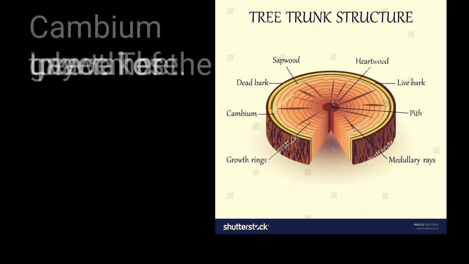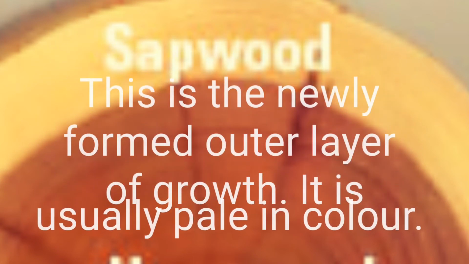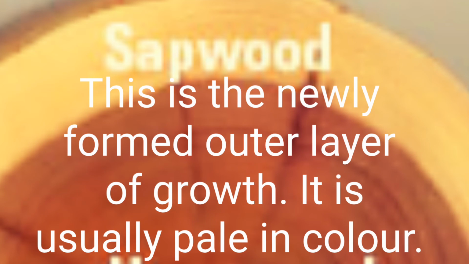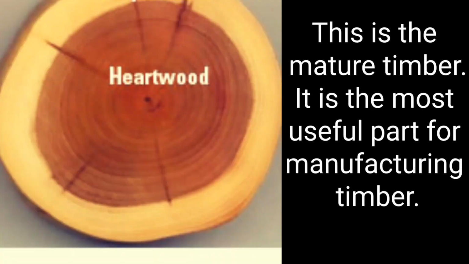3. Cambium layer. This is the layer of living cells between the bast and the sapwood. The growth of the tree actually takes place here. 4. Sapwood. This is the newly formed outer layer of growth that carries the raw sap up to the leaves. It is usually pale in color, especially in softwoods. 5. Heartwood. This is the mature timber. It is the heart of the tree. It is the most useful part of the tree for making furniture. It is usually darker in color